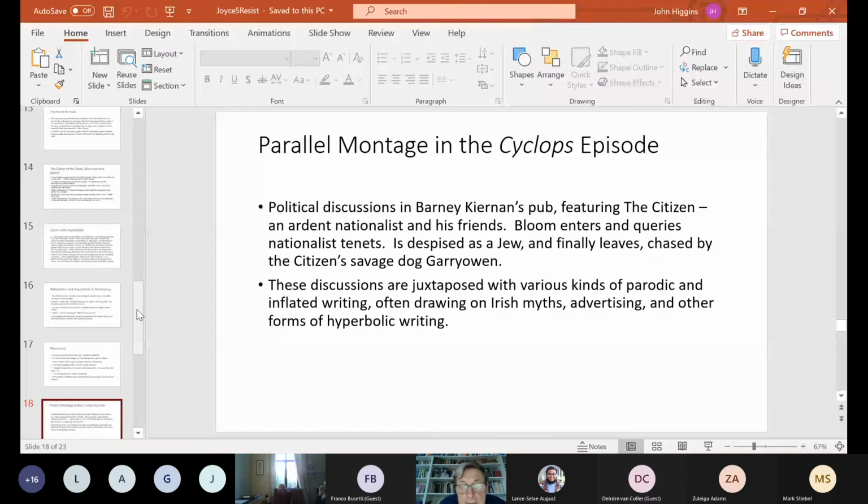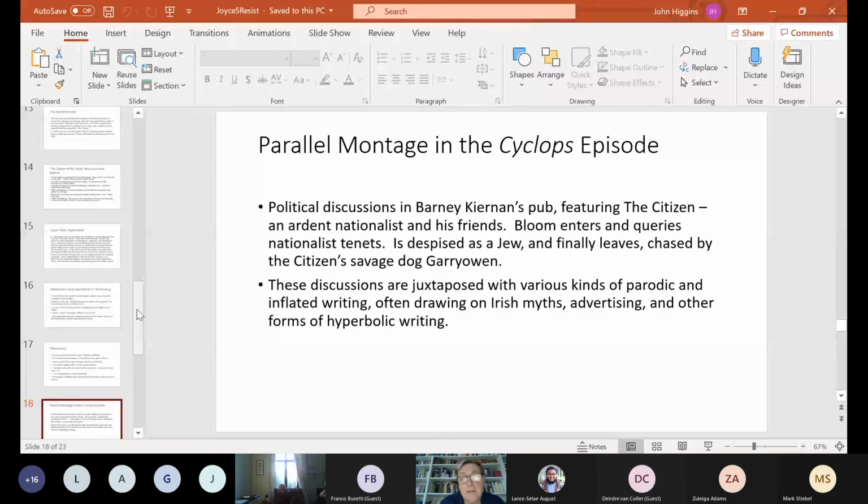As he does this, he is picked out as a Jew and finally leaves, chased by the Citizen's savage dog, Garryowen. Now, this chapter, again, at a first reading, is very weird,